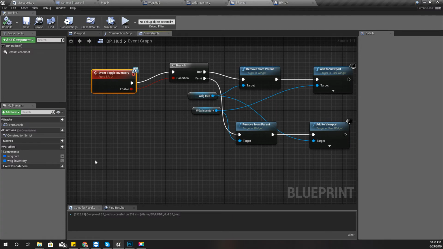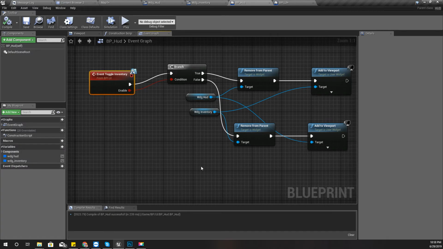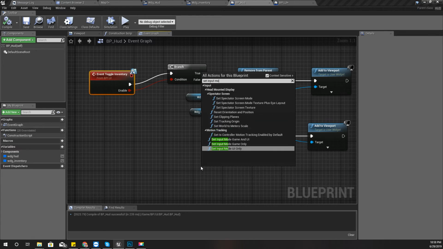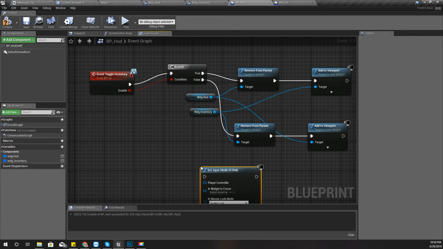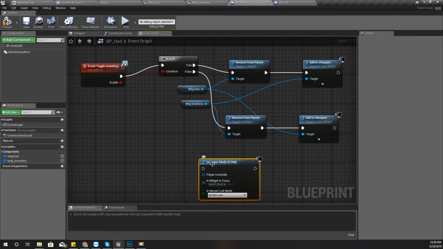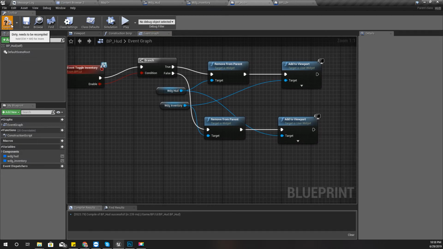And I know I could do that when I open the inventory, I can set the input mode to game and UI only, but using this one, set input mode UI, in that case I would not be able to go back to the game by pressing tab again. I think that problem will happen if I do it like that. So therefore,